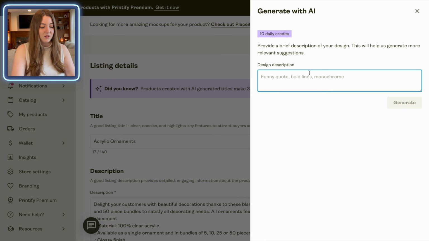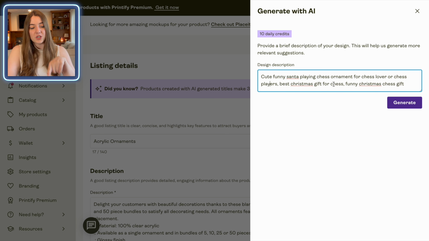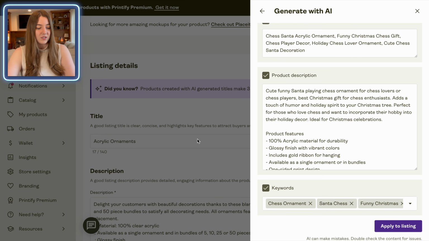So I just said cute funny Santa playing chess, ornament for chess lover or chess player, best Christmas gift for chess, funny Christmas chess gift. So I kind of said what the ornament has on it, and then a little bit of the keywords that I want to include. So those are things like best Christmas gift for chess player or Christmas chess gift. Those are the things that when people search them, I want my listing to show up. So we're just going to click generate,